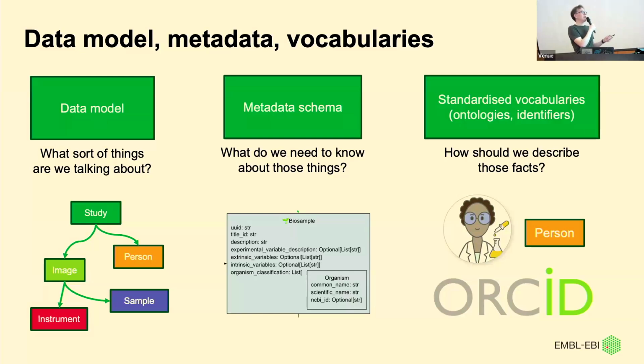And also, if you change the way you're describing these concepts, you then usually have to change the things further to the right. Because if you change, for example, you split sample into two different types of objects, you will then have to go back to the metadata schema and work out how you split those and maybe update those. So these are the tools and concepts to think about going into this morning session, some of the breakout sessions, and then the panel.